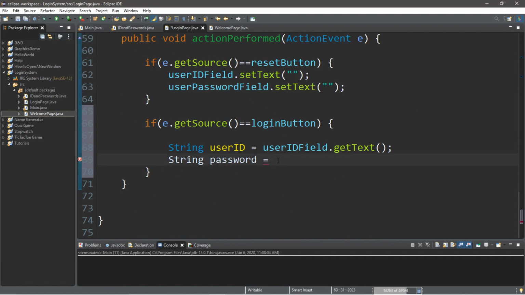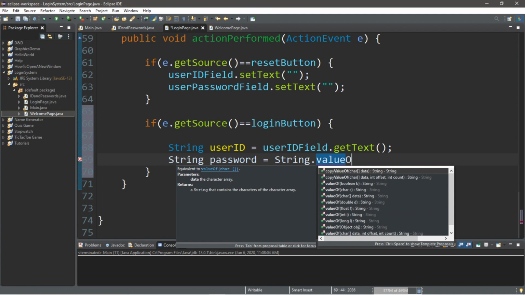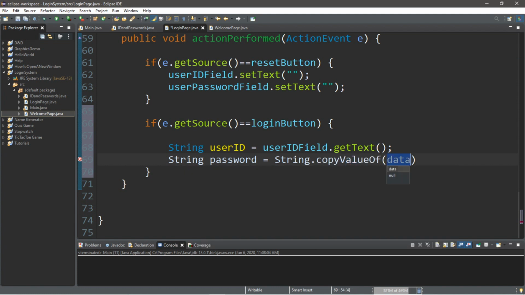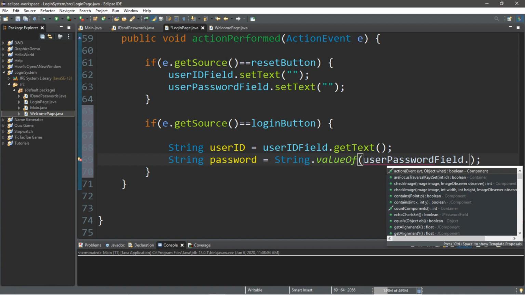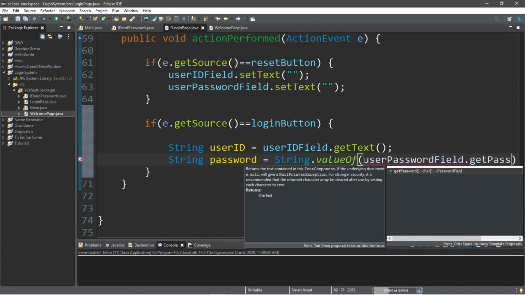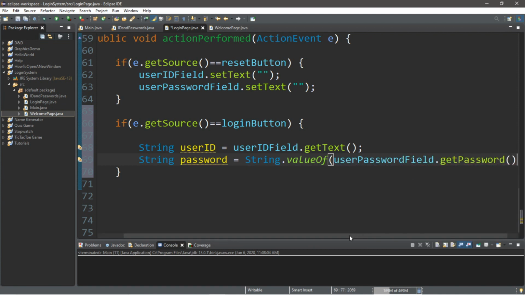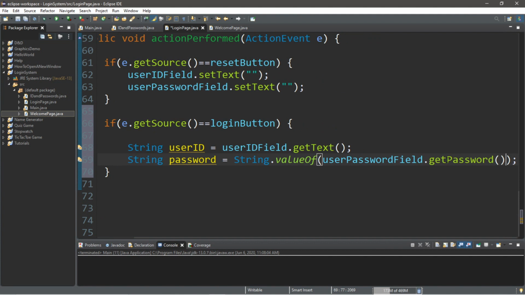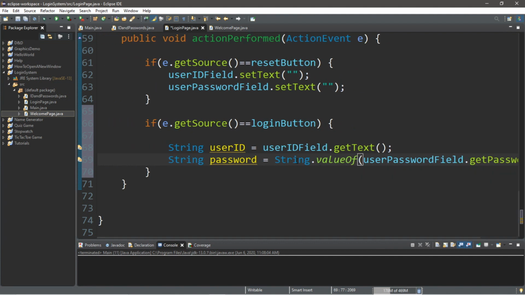So what we're going to do here is string dot value of parentheses, and within the parentheses, what we're going to type is user password field dot get password. So it's going to retrieve the password that we type in, convert it to a string, and then store it within a string called password.